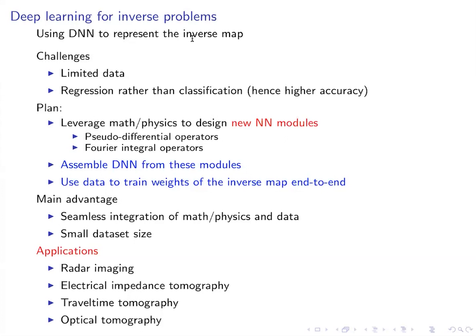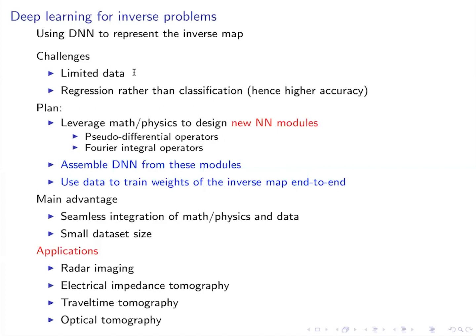What are the main challenges for deep learning for inverse problems? From my point of view, the first thing is limited data. Unlike many applications in image processing, imaging, and vision, where you have a huge amount of data that you can collect from the internet, and then you have a lot of people label this data, for example, using Amazon Mechanical Turk. But in inverse problems, for certain applications, usually the amount of data you have is pretty limited. Like we often talk about hundreds of thousands or maybe tens of thousands of data samples, input-output pairs, but probably